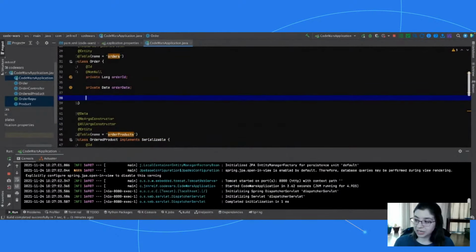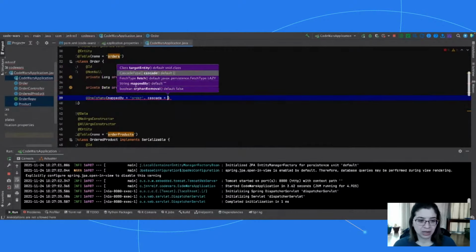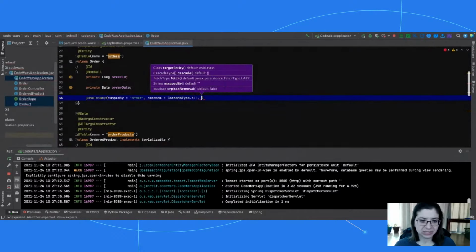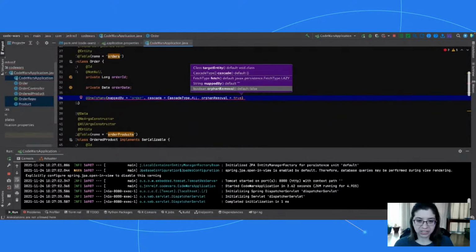So an order can have multiple products or multiple line items, right? So we're going to say we have a one-to-many relationship, one order to many line items or many products. And so this is going to be mapped by the order. And then this is just specifying a couple of properties. If you're familiar with relational databases and all that good stuff, this might be familiar, but basically I'm saying that if I make changes to an order on that table, I want any changes to line items to cascade on down to the child tables.